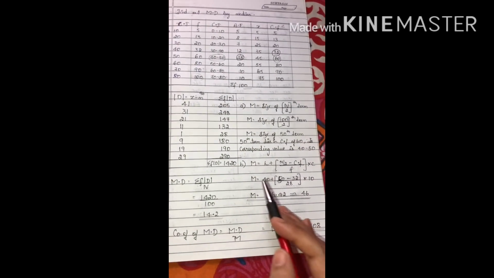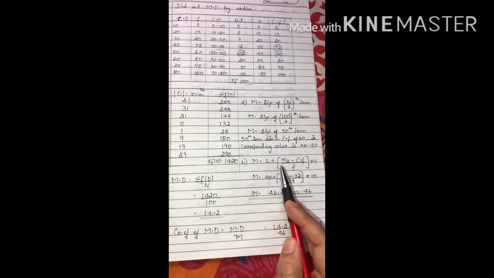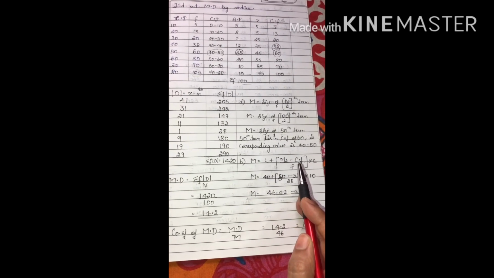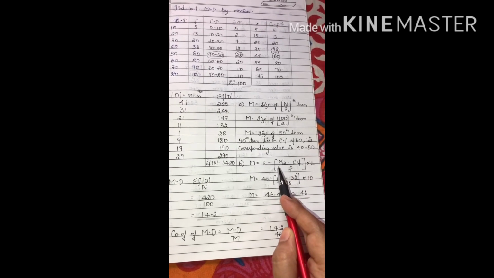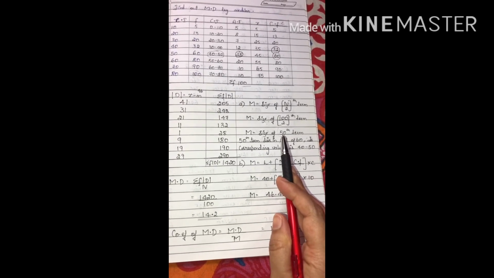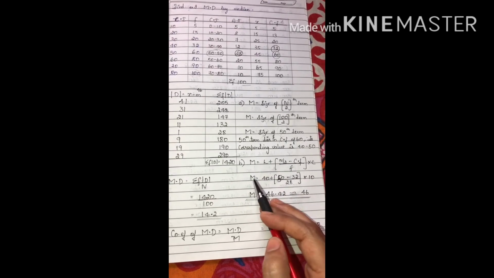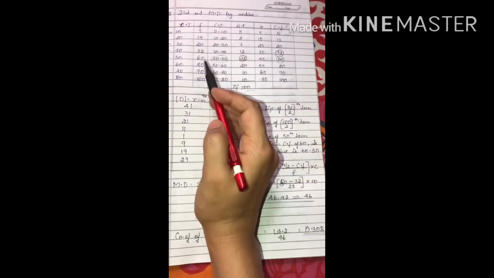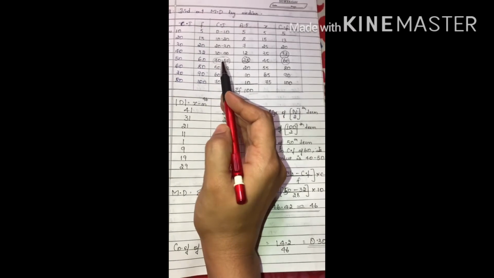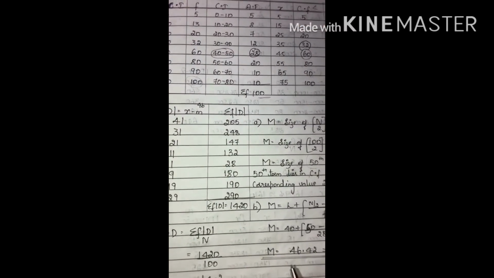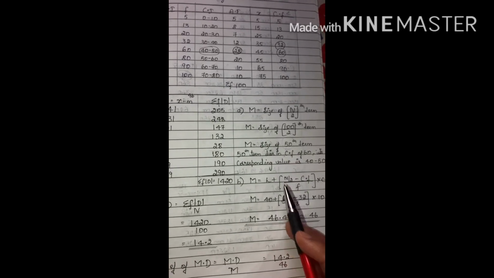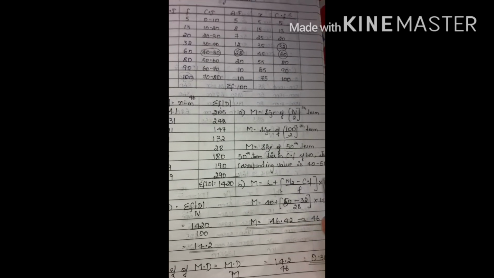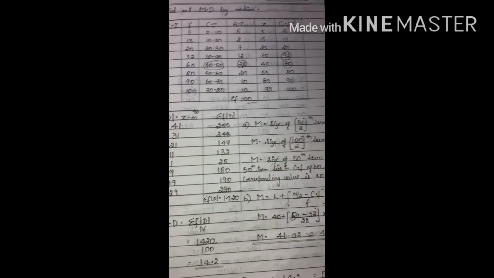So the next formula is M equals L plus n by 2 minus cumulative frequency, divided by f, into c. So this n by 2 is 50, which I've already identified. Now let's simplify this formula. M equals L, the lower limit. I've marked here 40 as the lower limit, so I've written 40 here, plus n by 2 is 50, which I've already identified, minus the cumulative frequency of the preceding class.